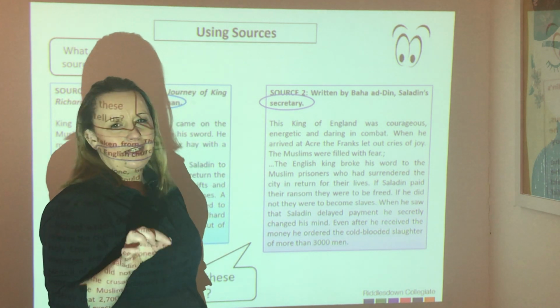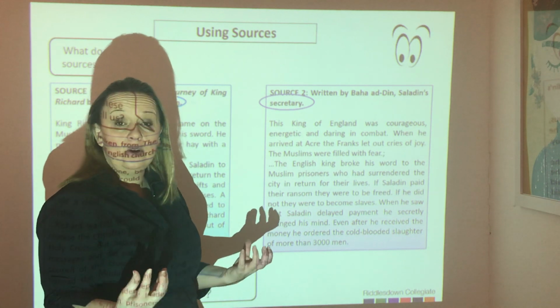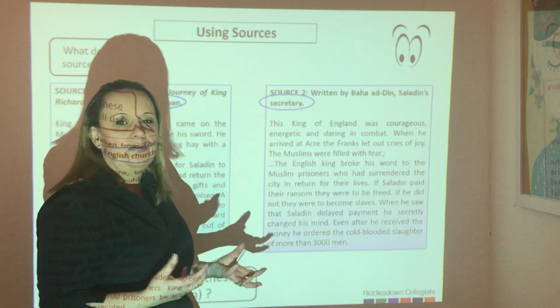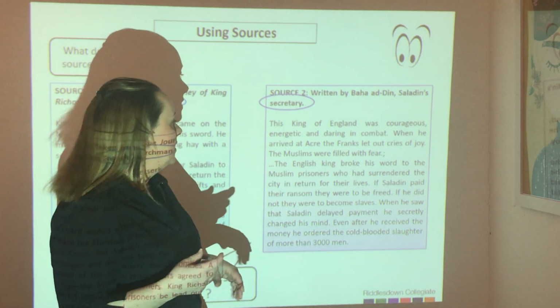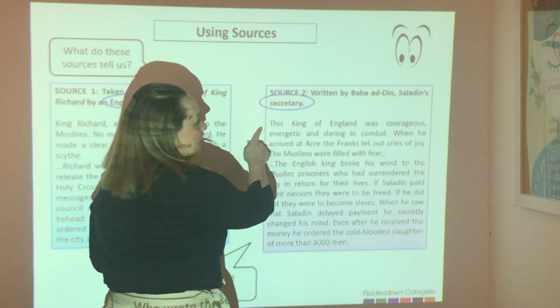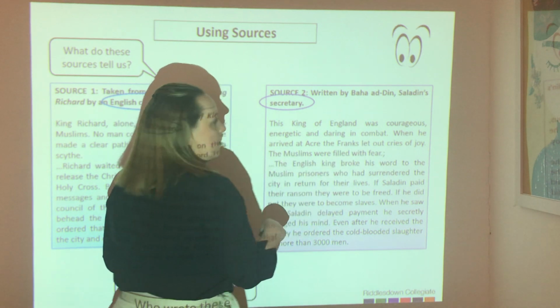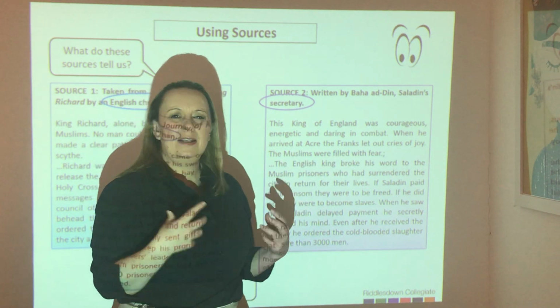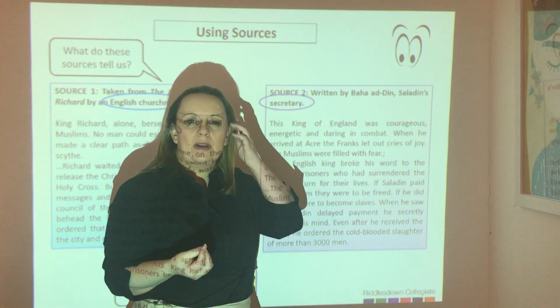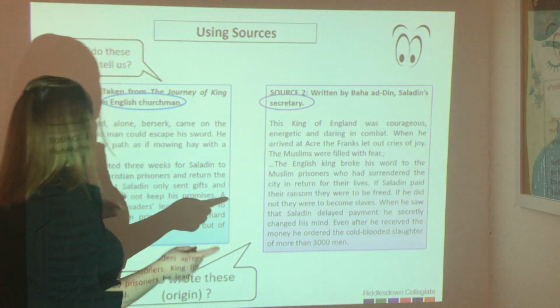Very, very different indeed. Different tone, different words, different way of writing. So let's break this down. The King of England was courageous, energetic and daring in combat. So are they saying negative things about him? In here, okay,